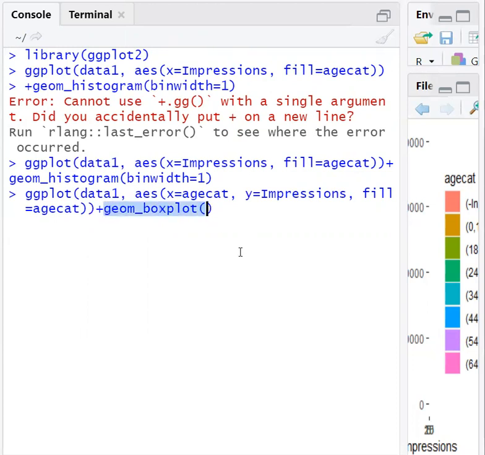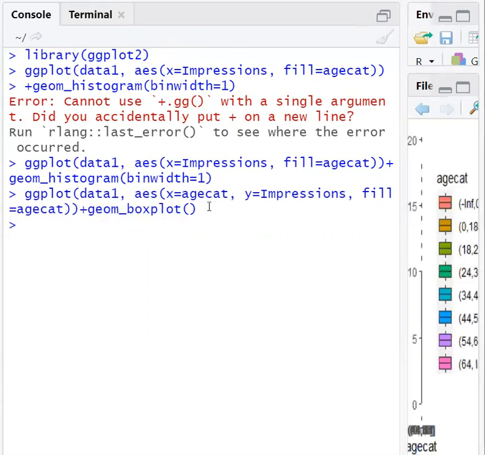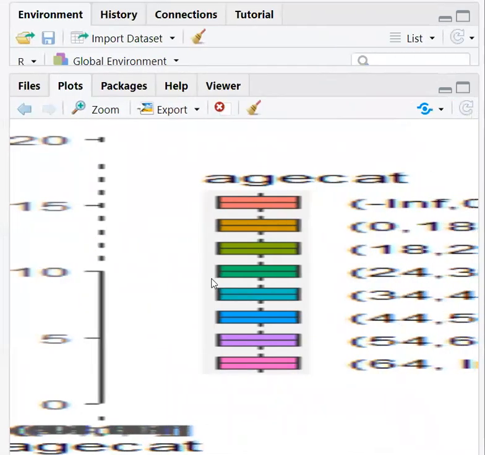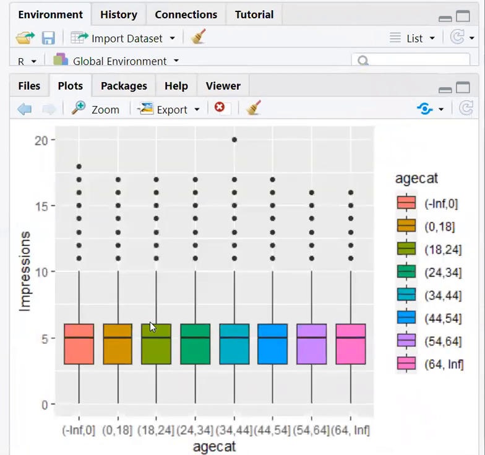So that is geom_boxplot. We shall see what a box plot is. The graph appeared here in the window. Let us pull it. So this is a box plot.